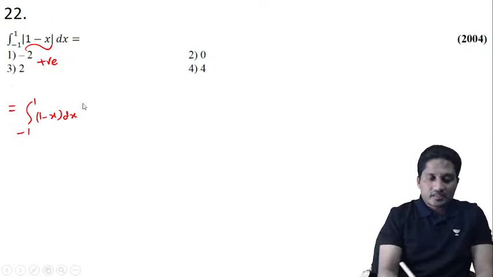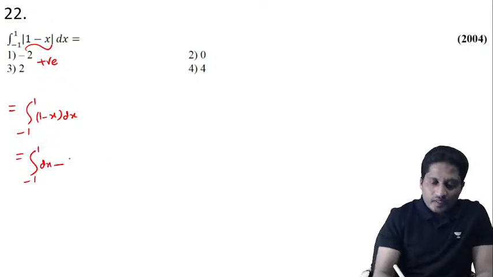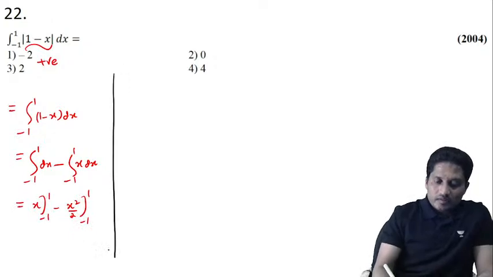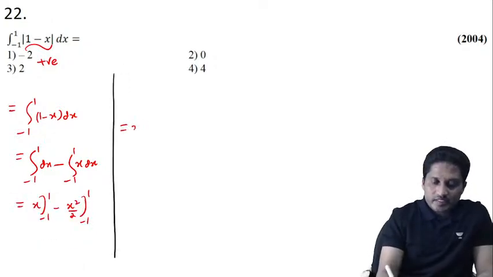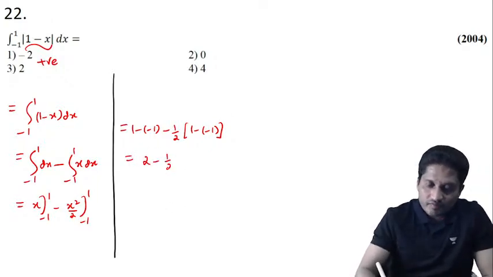Alright, now if I integrate this, integration of minus 1 to plus 1 dx, minus integration of minus 1 to plus 1 x dx. Integration of dx is x between the limits minus 1 to plus 1, and integration of x is x square by 2 between the limits minus 1 to plus 1. Now this is equal to x into upper limit is 1, lower limit is minus 1, minus 1 by 2, upper limit 1 square is 1,